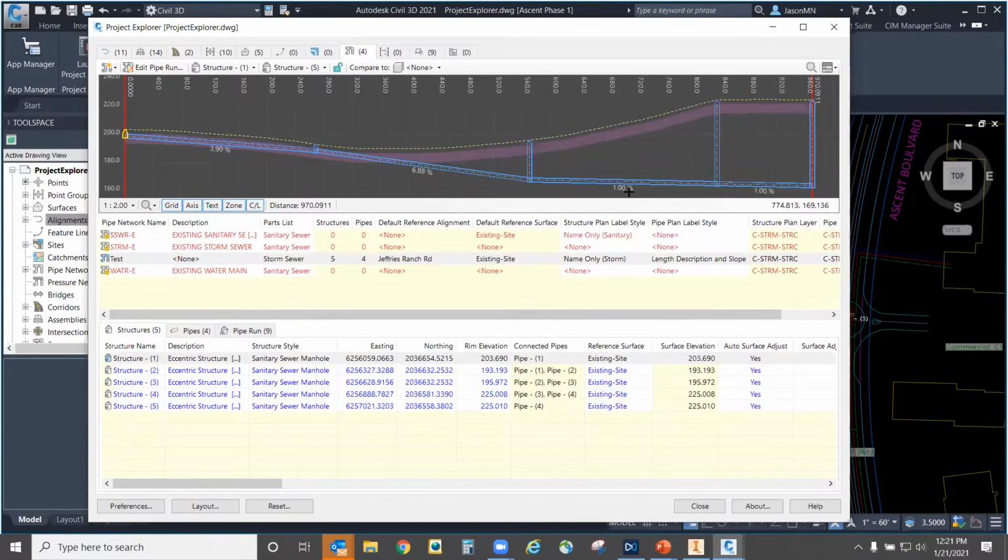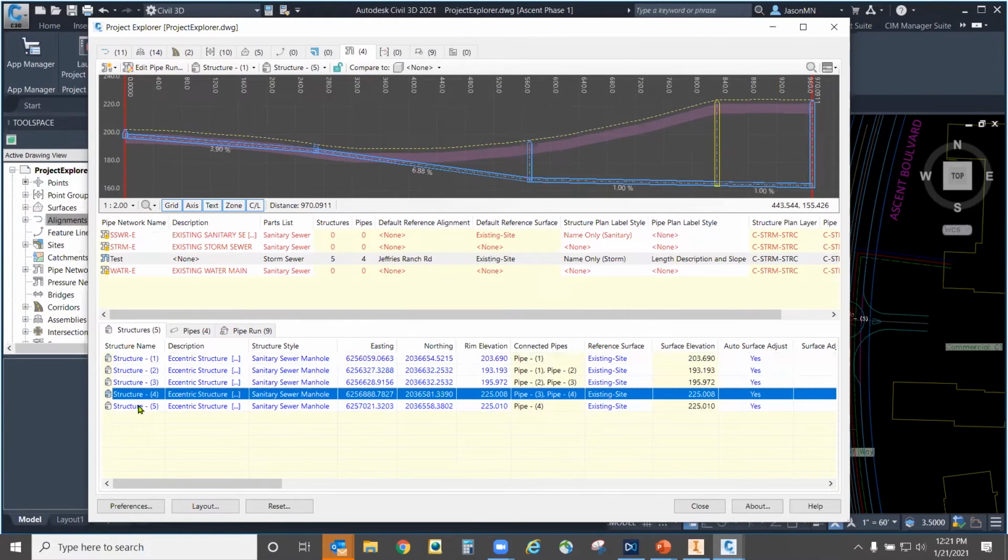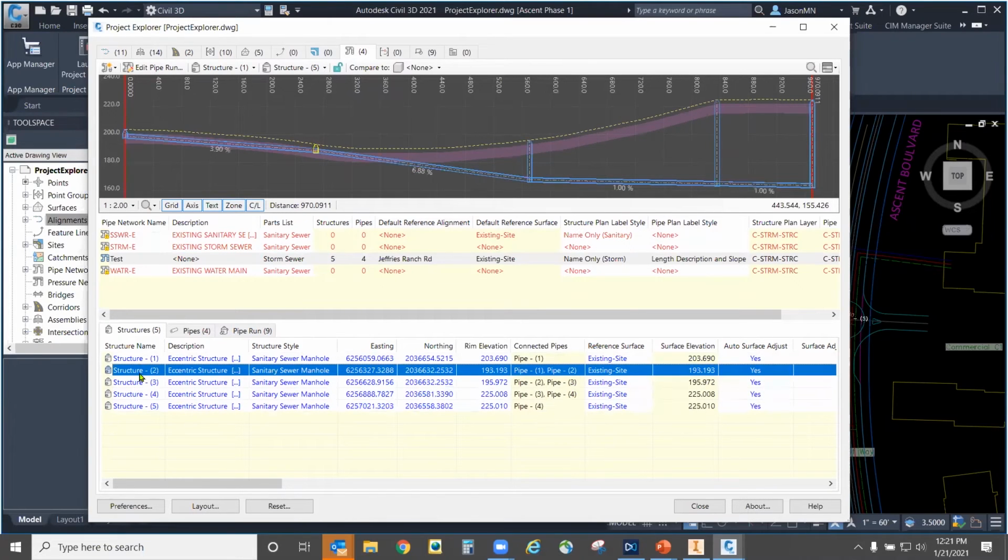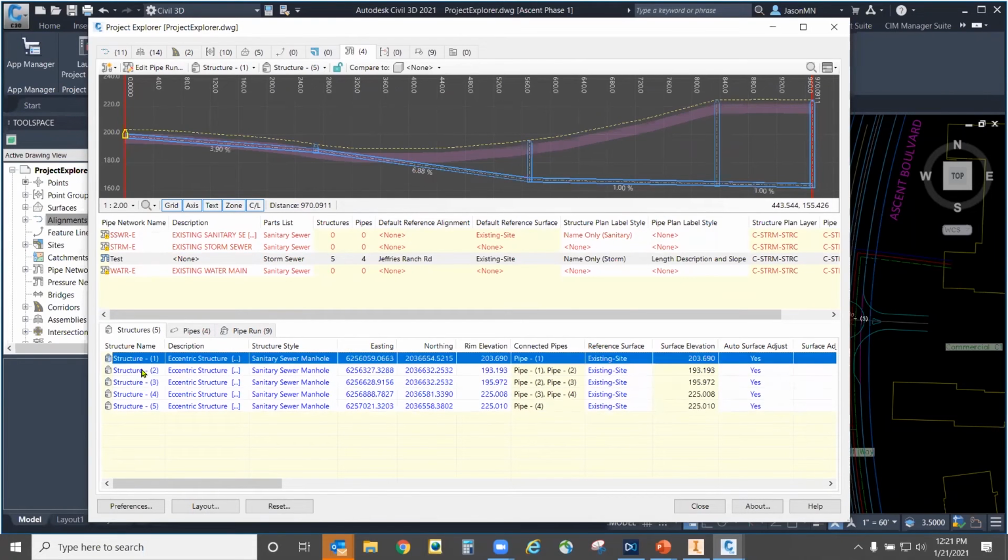It's showing me my profile. It's showing me my different depths. It's showing me my slopes. And I can make all sorts of adjustments. And when I click on my structures, notice it's highlighted. So again, I don't have to worry about how nice my profile looks for production because I'm not even focused